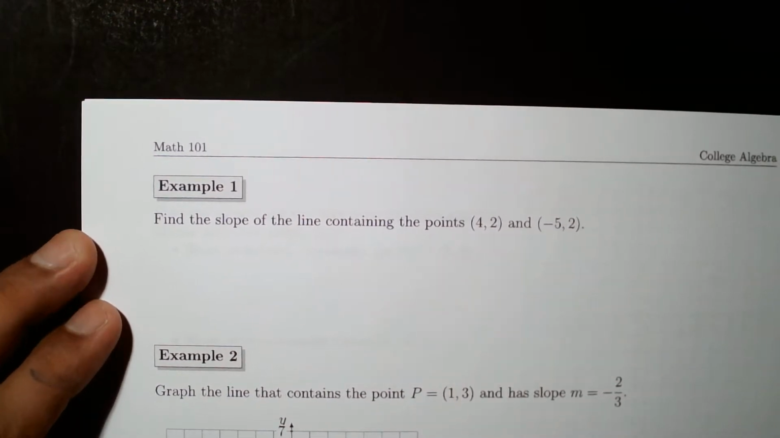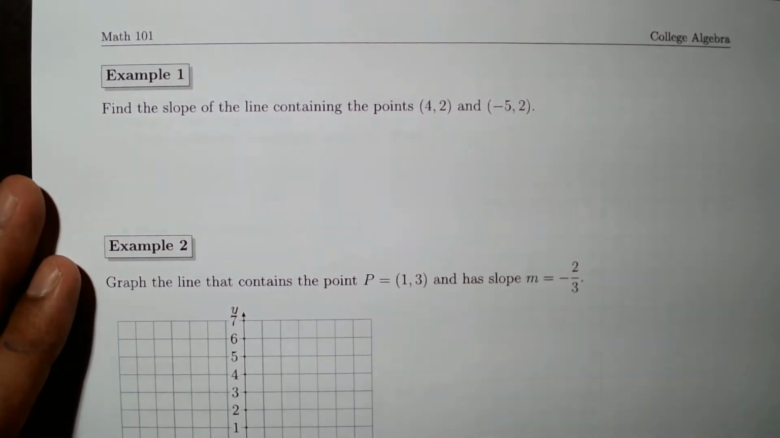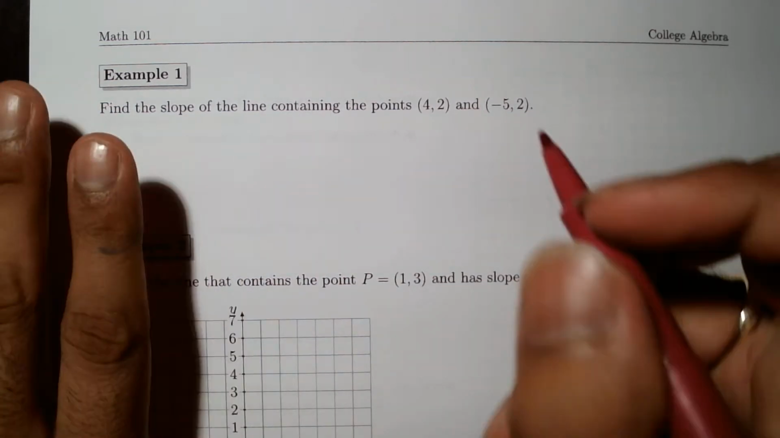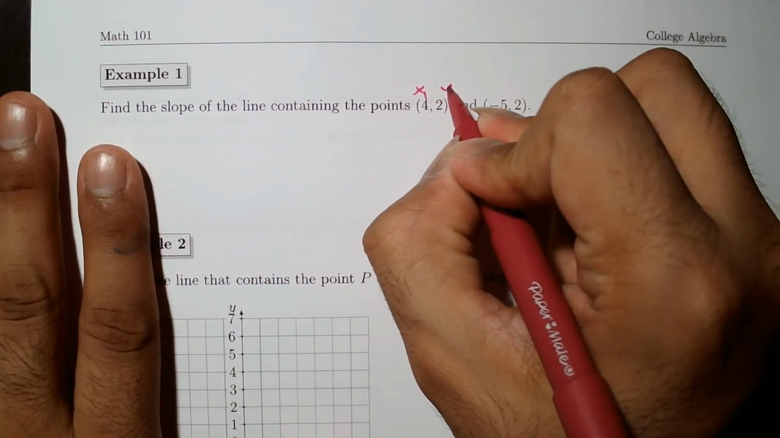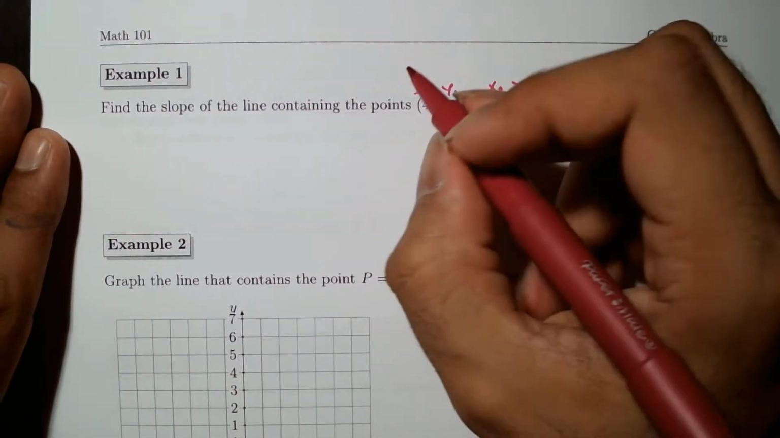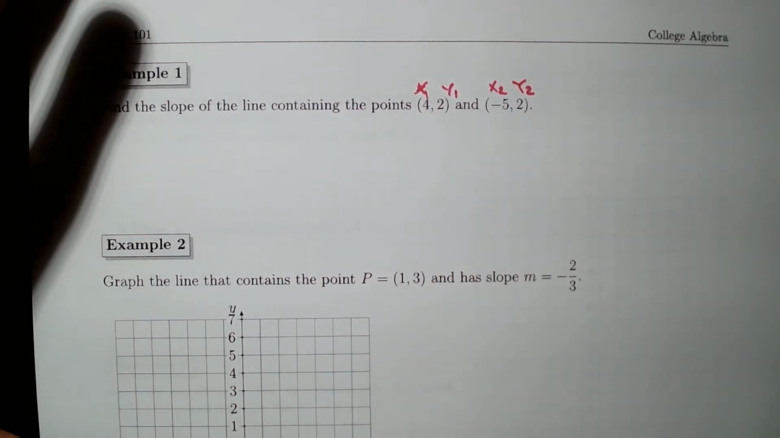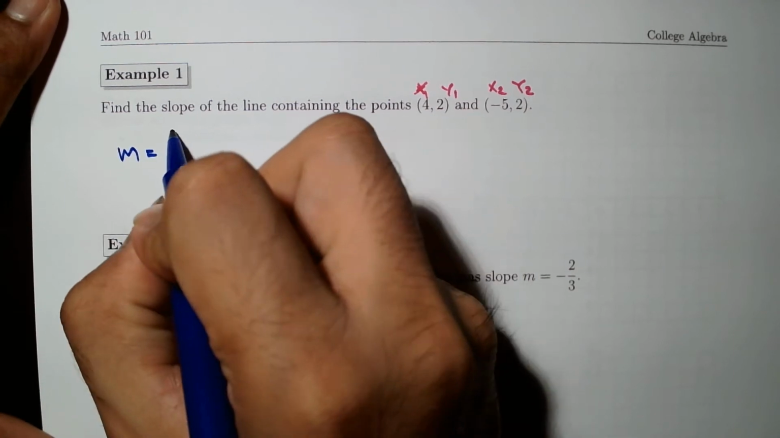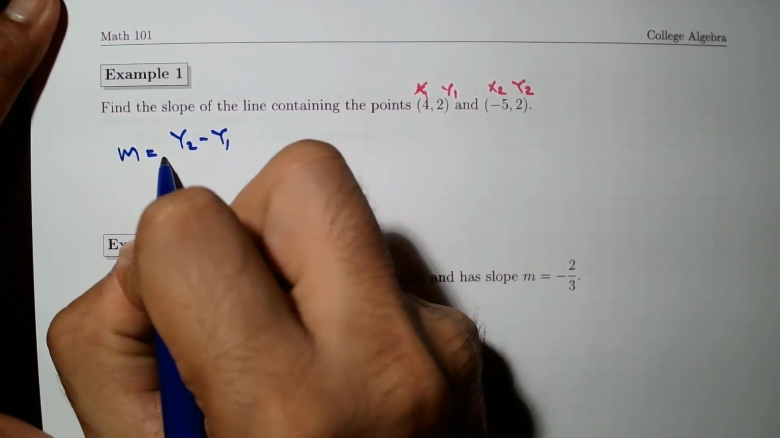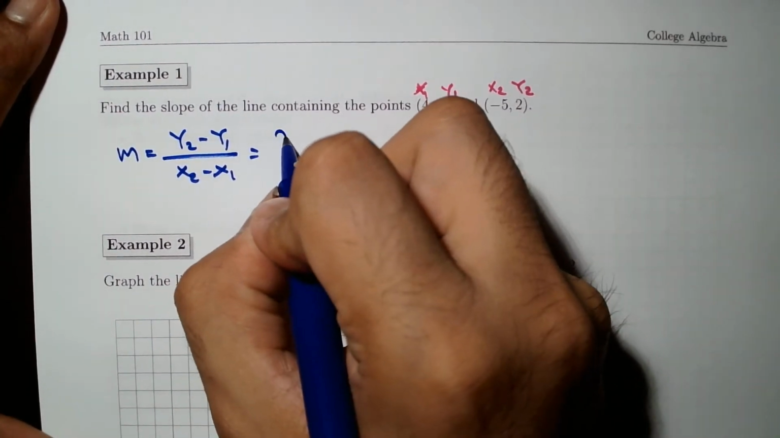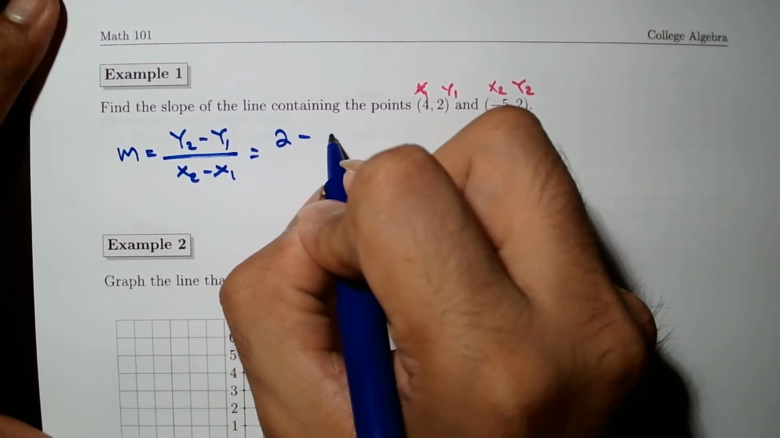Find the slope of the line containing the points 4, 2 and negative 5, 2. So it would be great to label these numbers. This is our x1, y1, and x2, y2, just the same way we did it in the previous section, just so we can differentiate what this is. So the slope m, which is y2 minus y1 over x2 minus x1, y2, which is 2, minus y1, which is also